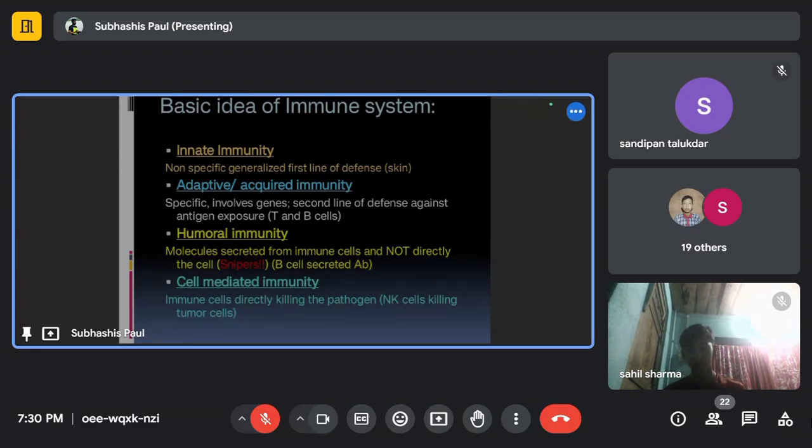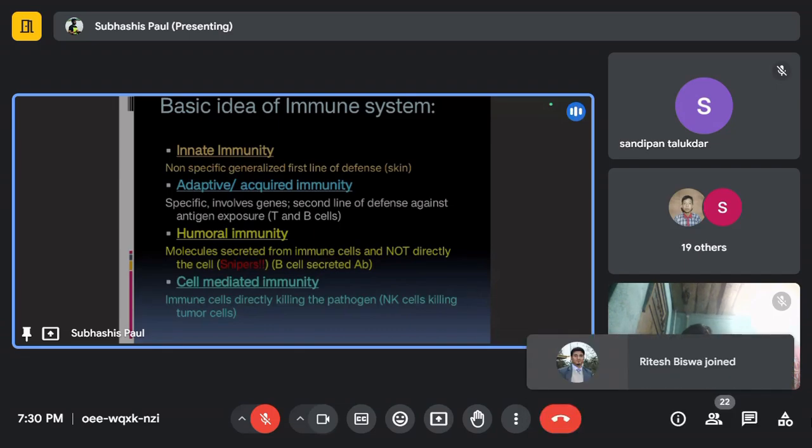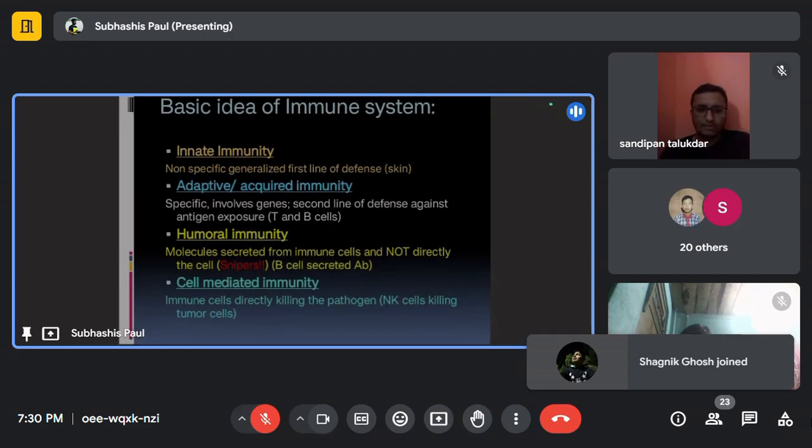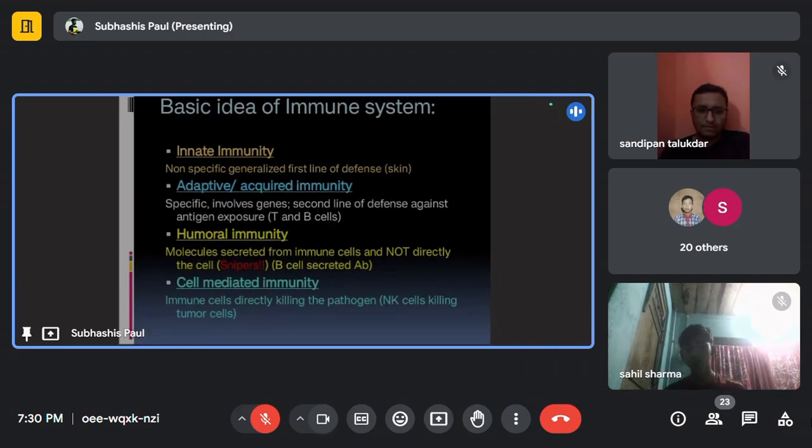So the skin does not adapt a particular mechanism to protect against the virus, or rather another mechanism to protect against the bacteria. It's not like that. It's a common, general kind of defense. Now the advantage of this defense is that this is the primary first-degree barrier which will inhibit anything from coming